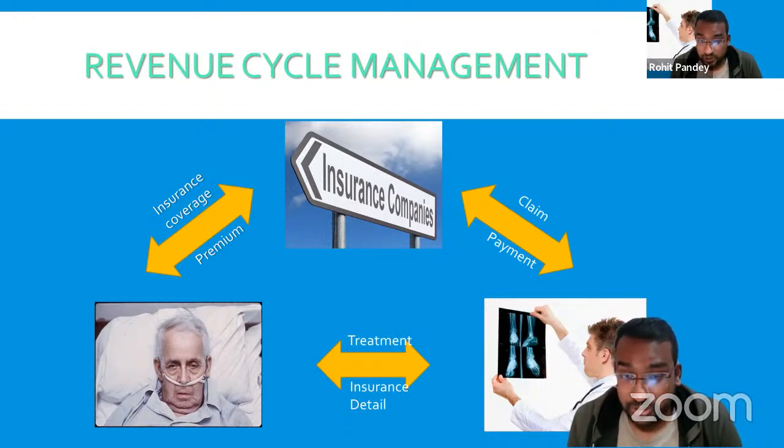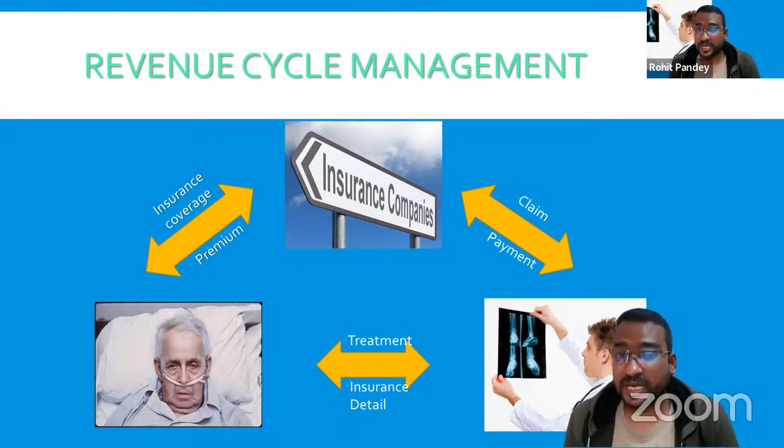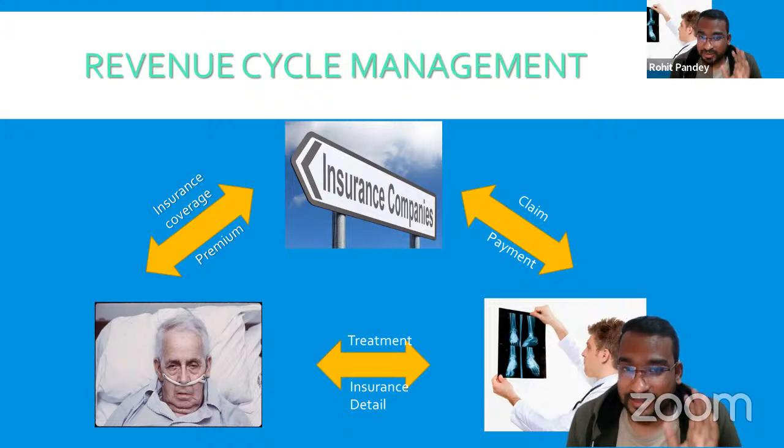If the insurance company gives money to the doctor, then the doctor needs to claim. If the doctor claims, then the insurance company gives money, but before that it needs to know whether any fraud happened or not. It checks that the patient really got that treatment. Same with the patient: if the patient gives premium to the insurance company, then the insurance company will give reimbursement to that patient, or if he claims, then the insurance company pays the money to the doctor.